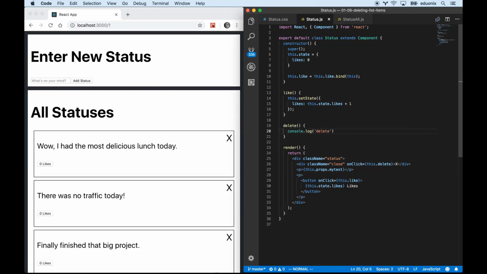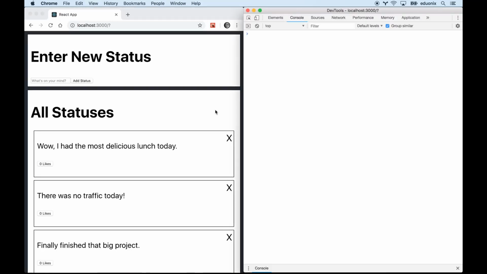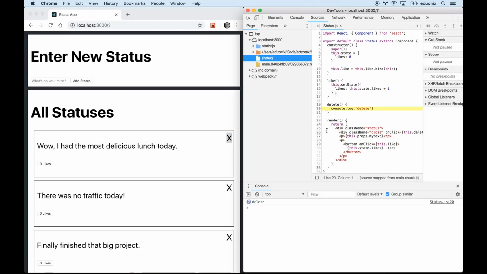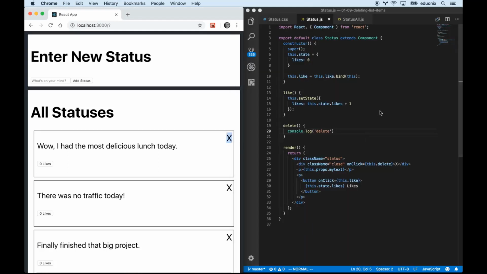So let's try this and open up our console. It says that if we click on this, we should fire a delete function, and that actually worked. Great. I actually thought we were going to have to bind that, but it looks like we don't. But if we're looking inside here,